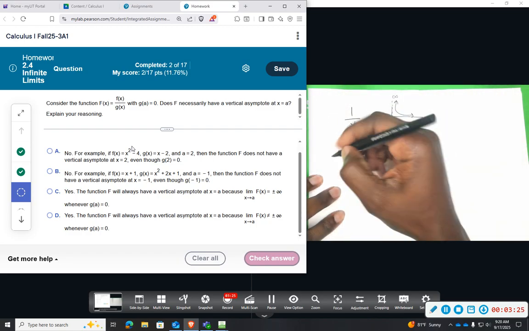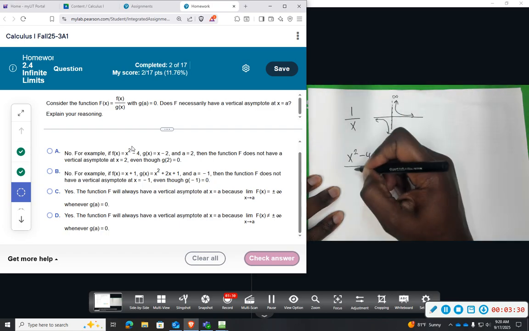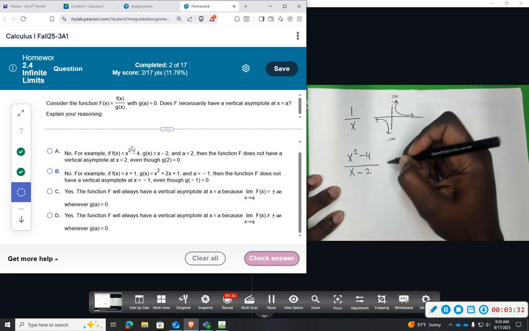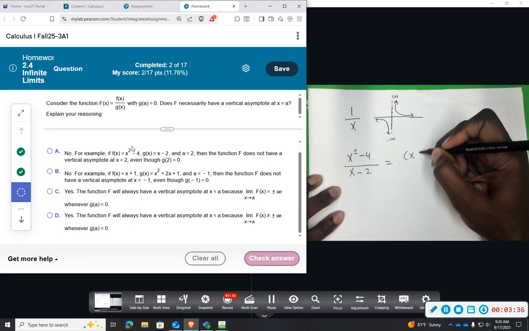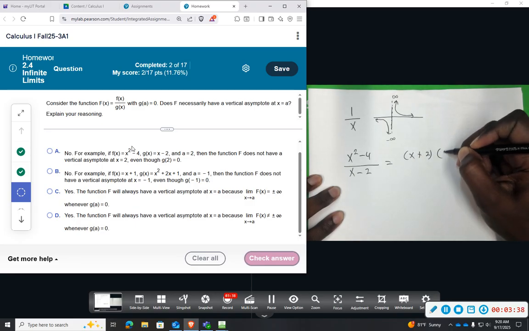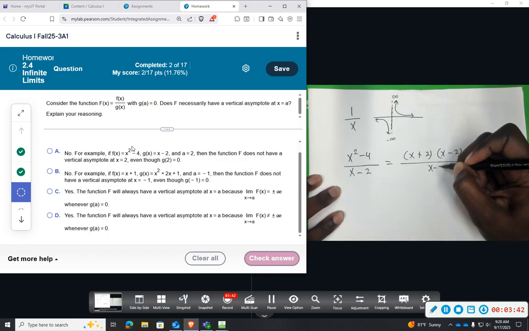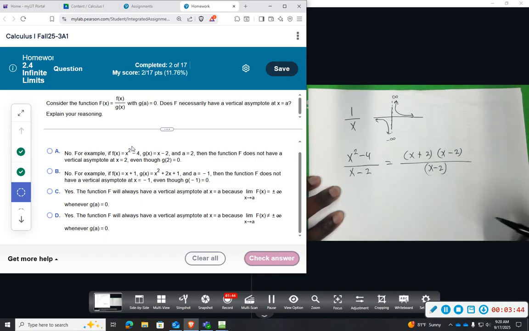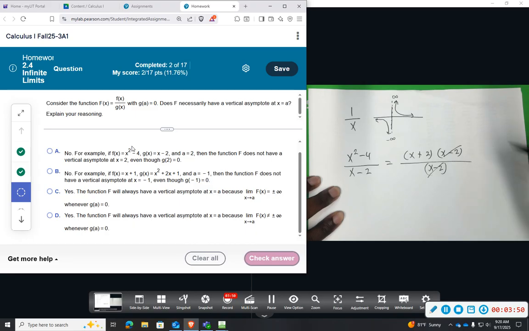So if you have x squared minus 4 over x minus 2, you can factor this out with difference of squares. This will give you x plus 2 and x minus 2. And then still you have an x minus 2 on the bottom. Now, this one says if you plug in a 2, you'll get a 0 on the bottom. But since these 2 terms cancel out, what will happen on this graph is instead of you having an asymptote,